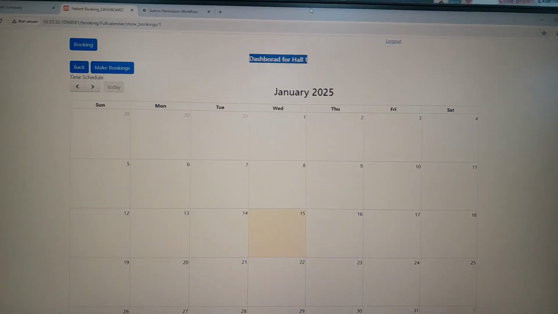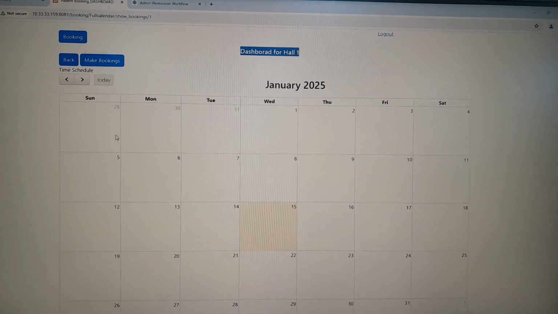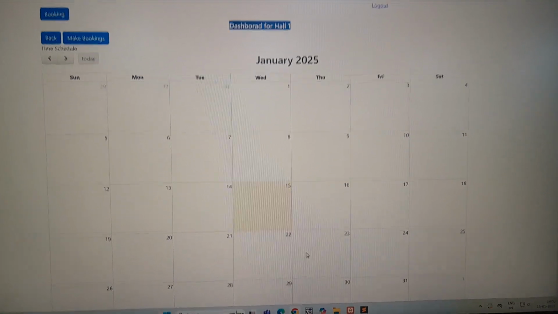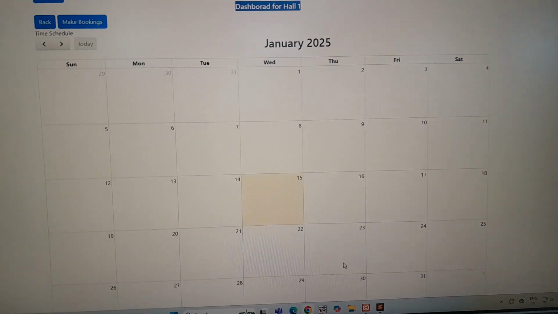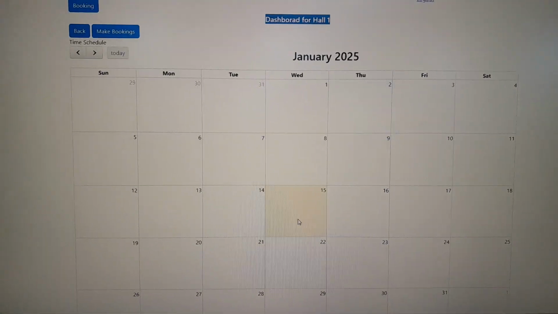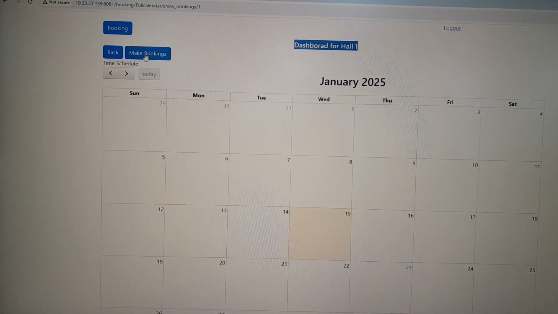Hello, here is the dashboard for hall booking, and this is a calendar. The 15th is showing a different color because today is the 15th. And when you go to make booking,